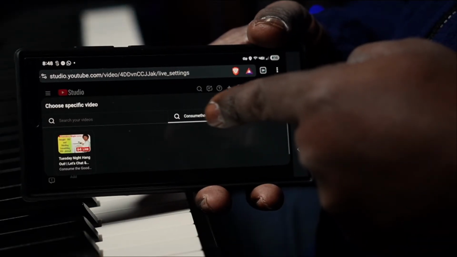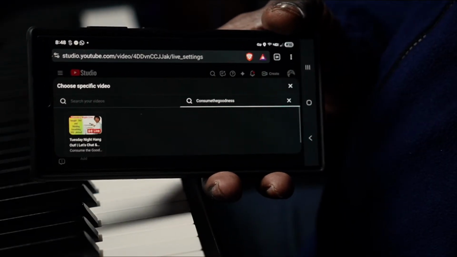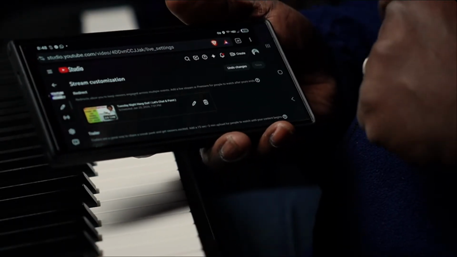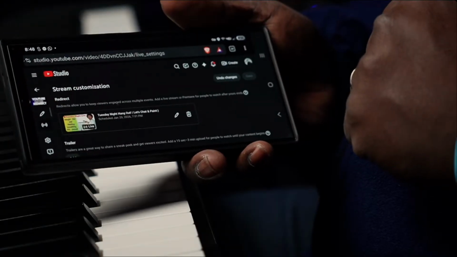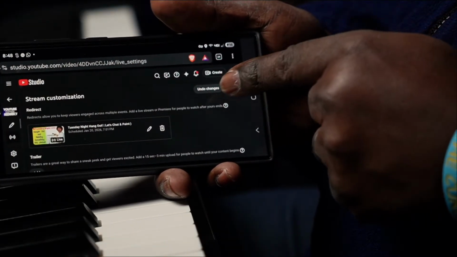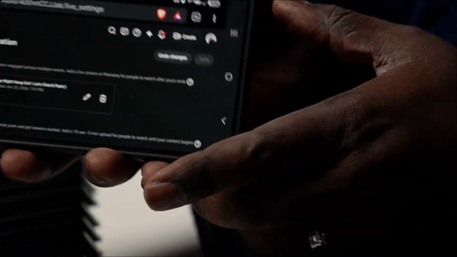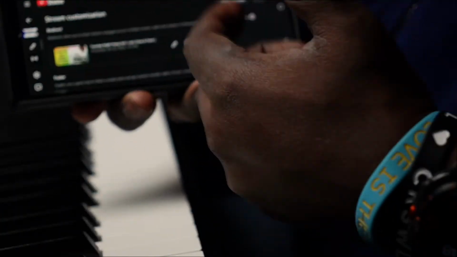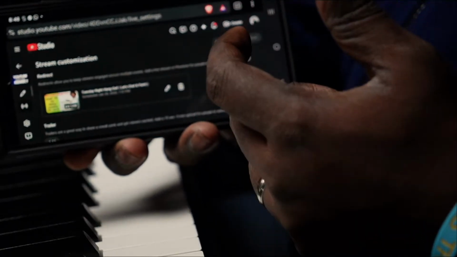I could consume the goodness with no spaces, because that's what the short name is. And then you tap on the video and click save. In the top right corner, this grayed out area right here is the save button. Right, but because I already had that selected, then